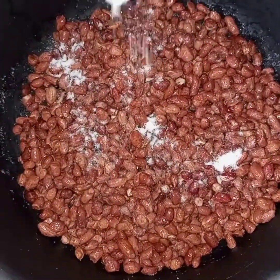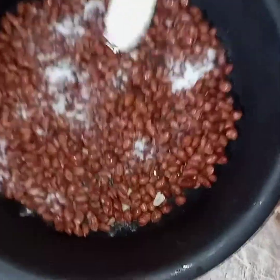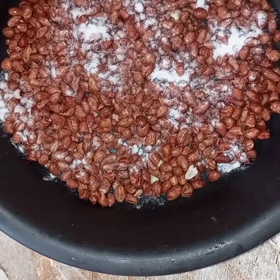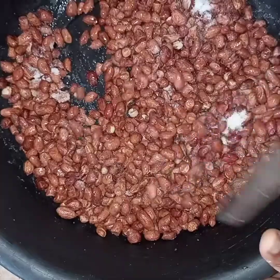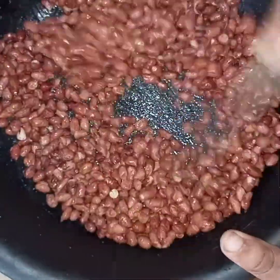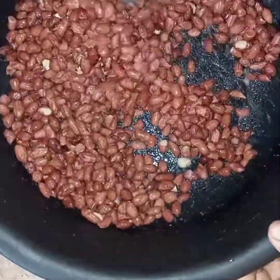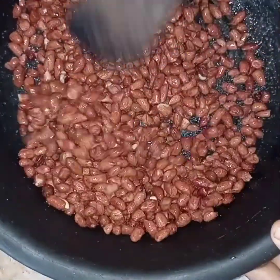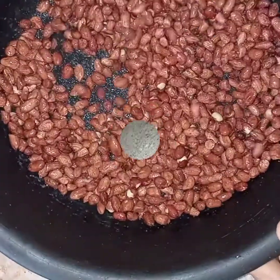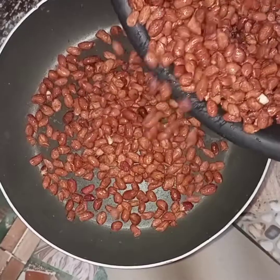So I'm going to be adding 2 tablespoons of salt into the groundnuts. Then I will use my wooden spoon and mix the salt into the groundnuts. I will mix this thoroughly. Then set it aside. In a non-sticky pan that is clean, no addition of oil, no addition of anything,